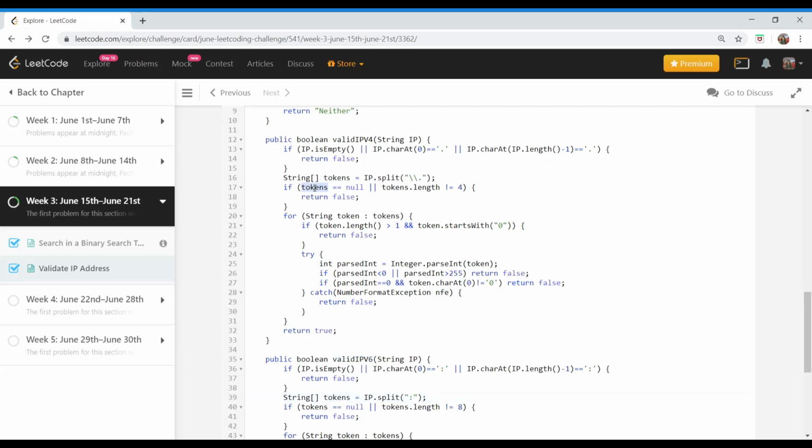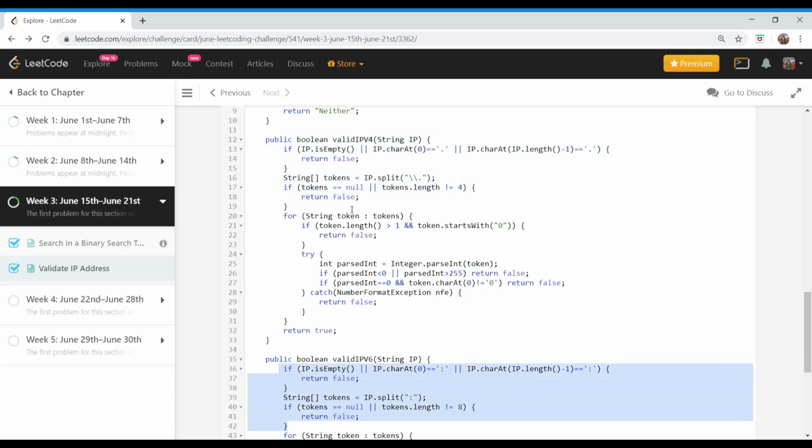Now we need to check if the tokens are null, meaning there is no character after splitting, or if the number of tokens is not equal to 4. In case of valid IPv6, we have a similar condition, but here we check if the token length is not equal to 8, because in case of IPv6, we are expecting 8 numbers. So these checks are similar in both.